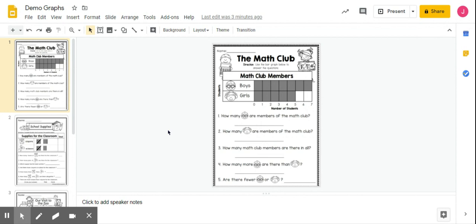Now, a bar graph represents certain numbers of things. And in this bar graph, we are looking at the math club members. There are boys and there are girls, and each box represents a different person. So if we are looking at this graph, we know that the boys, there are